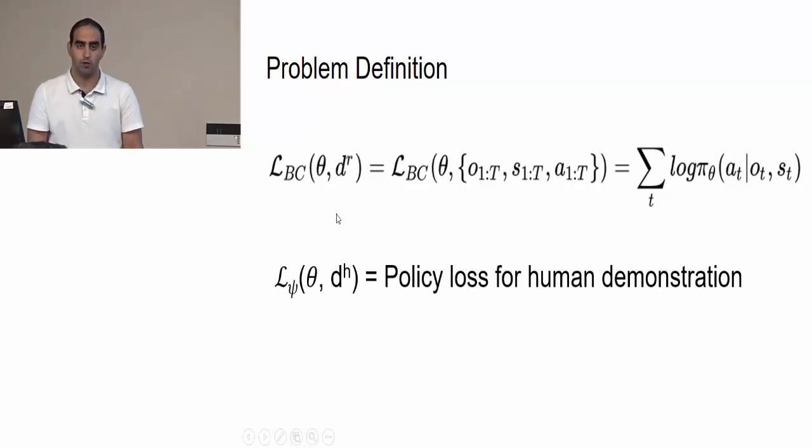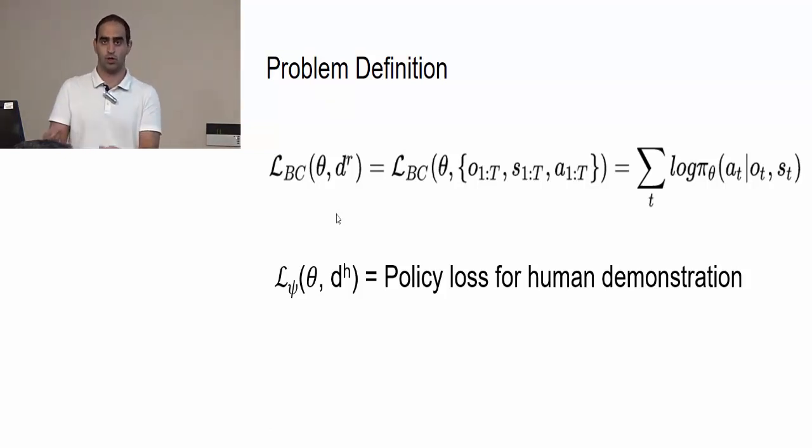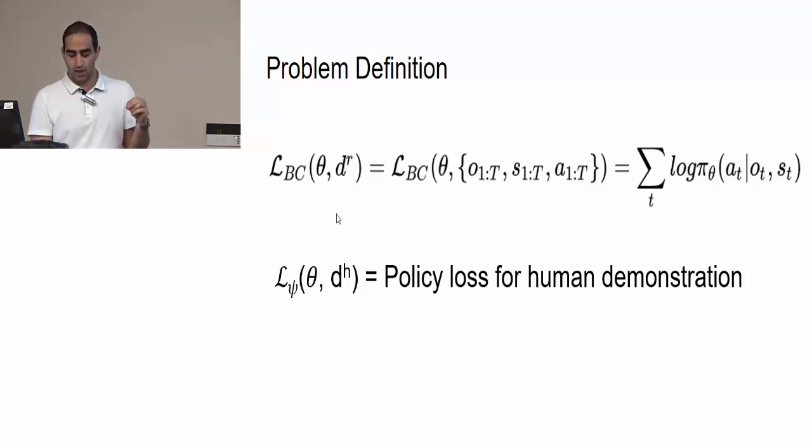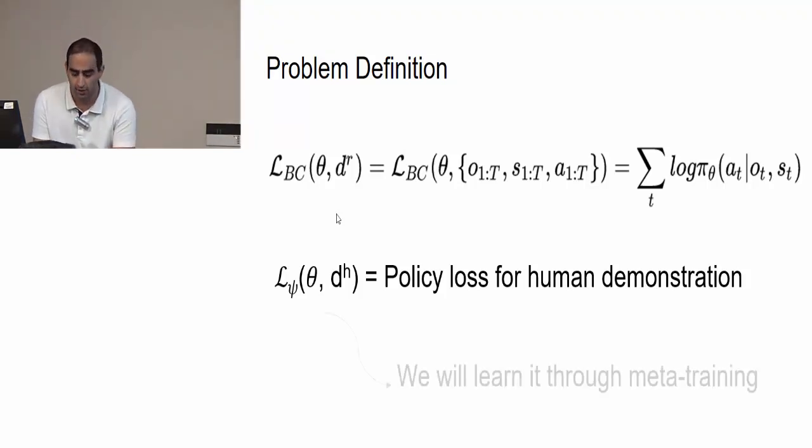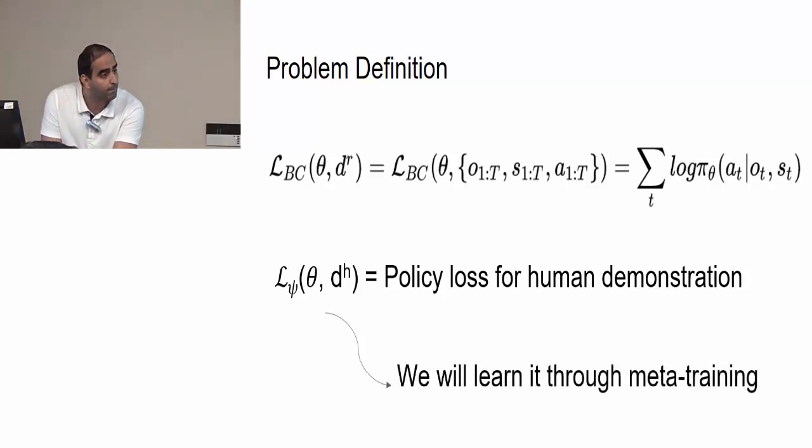But we also need to know how our policy matches a human demonstration. We want to know if our policy is good for a human demonstration or not. We do not have the actions and states of the human body, so we cannot use a mathematical formula for that. And in one-shot learning, the human demonstration is our only input, and we need to somehow know if our policy matches that human demonstration or not.